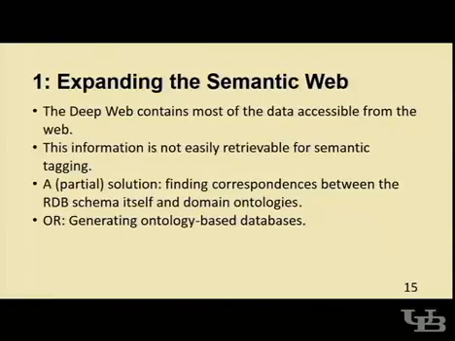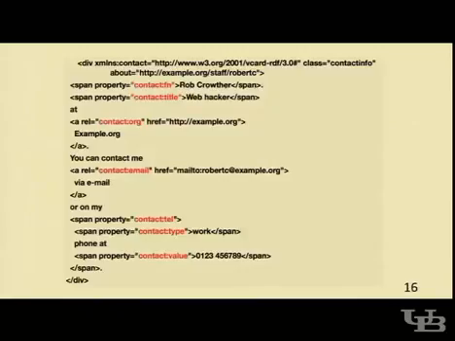We know there is a certain isomorphism, as we saw, between relational data, the database schema, and an ontology. So we try to find correspondences between the two models, and in this way we can generate from a database schema